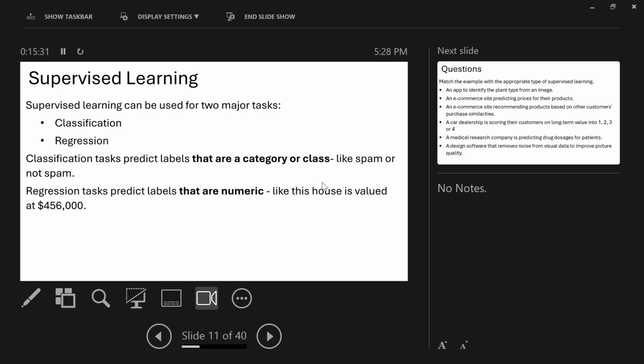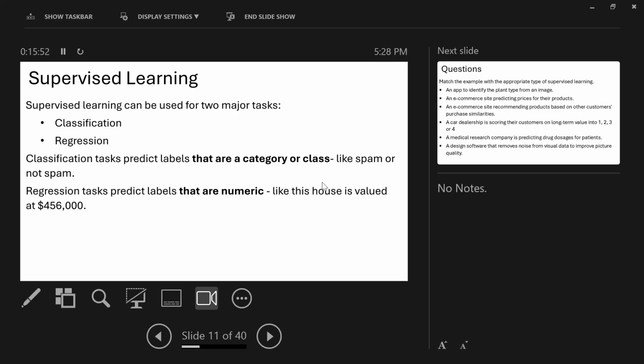So those are the inputs. Based on it, what is the price of that particular house? So that's regression. It's not discrete, it doesn't have to be this or this. The output is numeric and continuous.